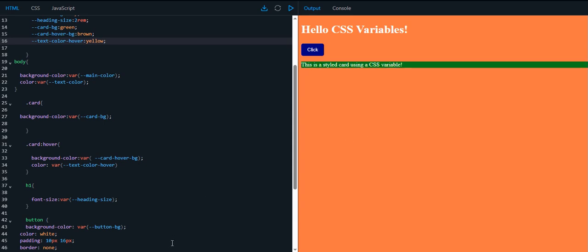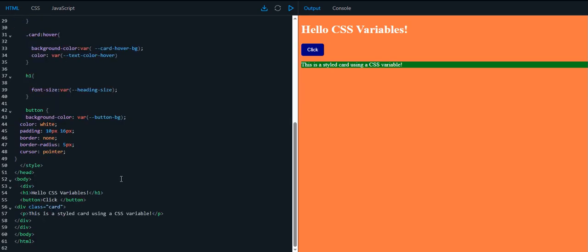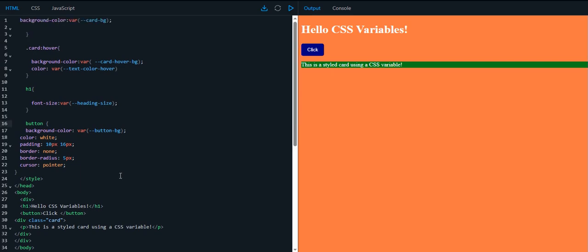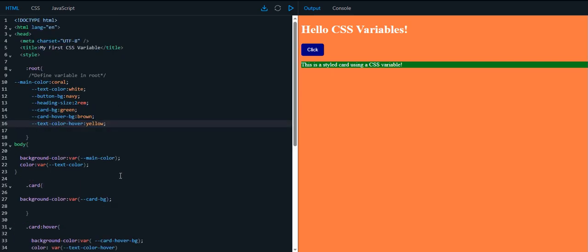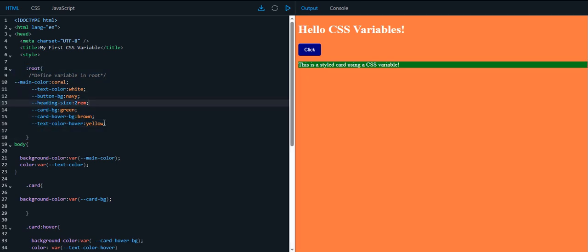That is why these variables are very useful, because you change in a single place and the effects will be in many places, and you should not change manually in each selector. You change just in root and you use just this variable. You have control of all these